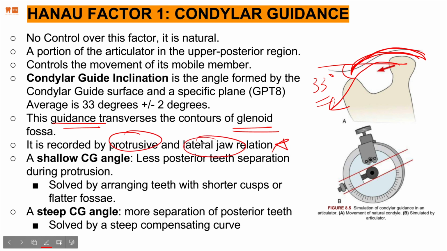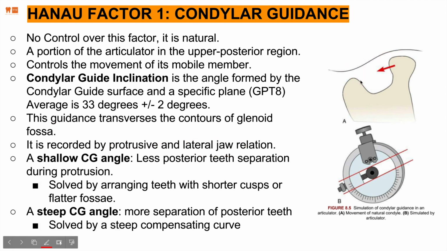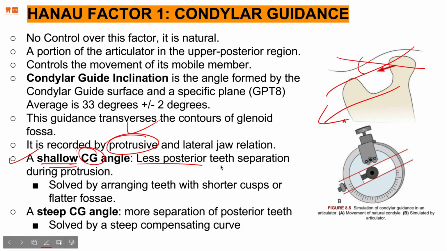Now, I won't get much deep into this, but it's a new lecture for us, so we'll take a look at that in the future lectures. However, the only way to measure this is to measure the protrusive movements, right? So logically speaking, to measure this angle, we need the condyle to move forward, the mandible to move forward. Fair enough? Protrusive record. As a rule of thumb, a shallow condylar guidance means that less posterior teeth separation will occur during